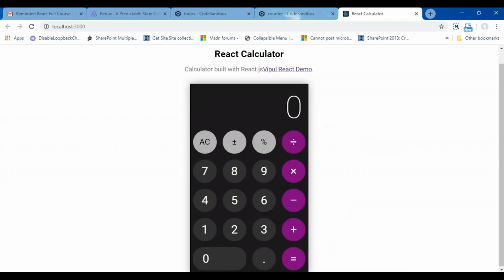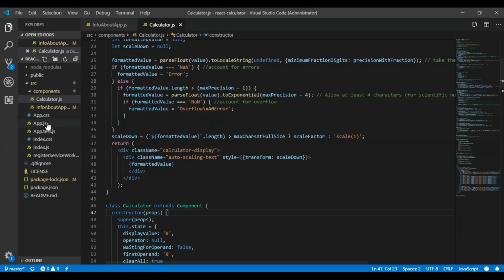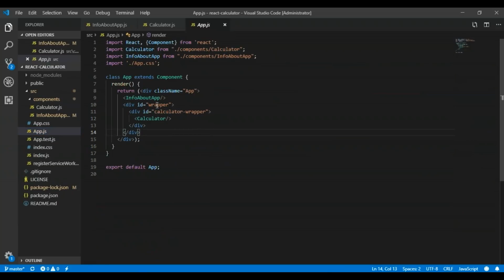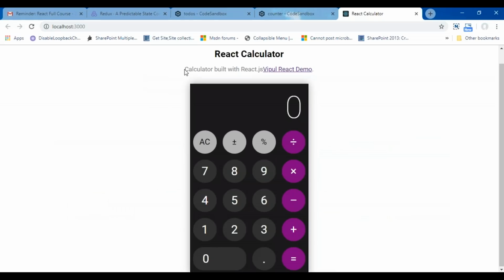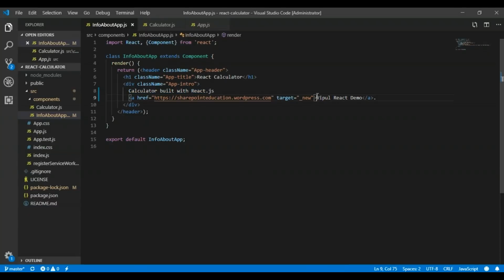Now we will see how we have divided our application. I will go to App.js. In this App.js, the first component was InfoAboutApp. In this InfoAboutApp, what was written is that it's a calculator built with React.js. So you can see in the output that it is written "calculator built with React.js", some static text.